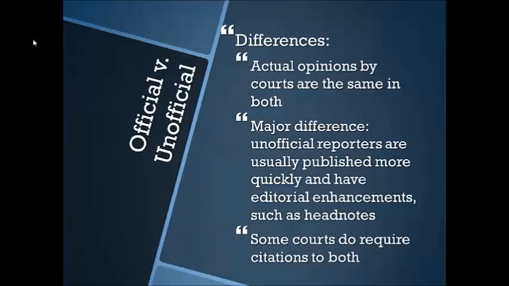Now, how do you know what your court requires you to cite to? You have to look at the rules in that court. Sometimes those rules are listed in the procedural rules. For example, in Florida, our citation rule is 9.800 in the Rules of Appellate Procedure, and that applies to all courts in Florida. Other places, you actually have local rules. So, the district court itself or the circuit court itself might have specific citation rules. So, if you're working in a court that you're not used to working in, you need to go find their local rules and make sure you comply with them.